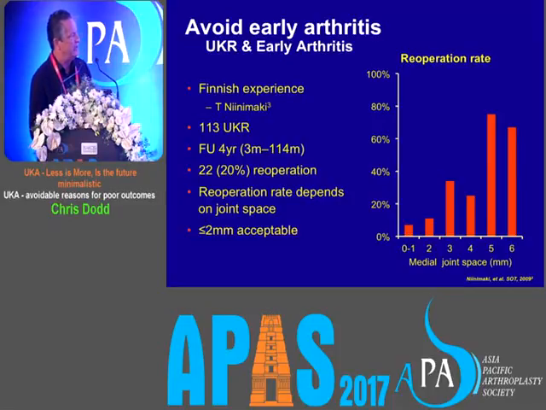So what he did was he looked at the standing x-ray before surgery and he measured the joint space. So this is pretty severe, 1 millimeter or less. But as you go to the right, the joint space gets more and more normal. And look at this. These people were operating on virtually normal knees. They would never, ever do a total knee, but if they have normal-looking x-rays, you will get bad results. So please only do a uni if and when it's as severely damaged as for a total.